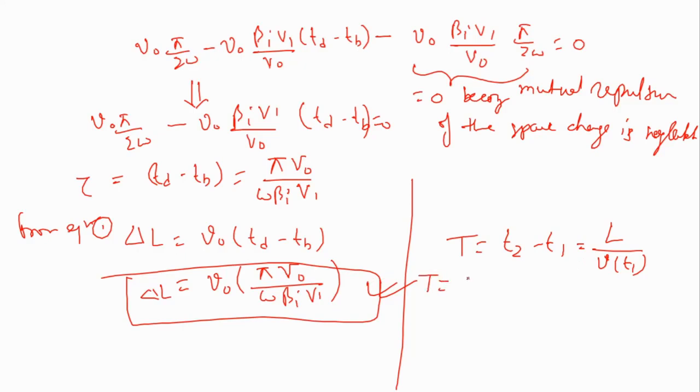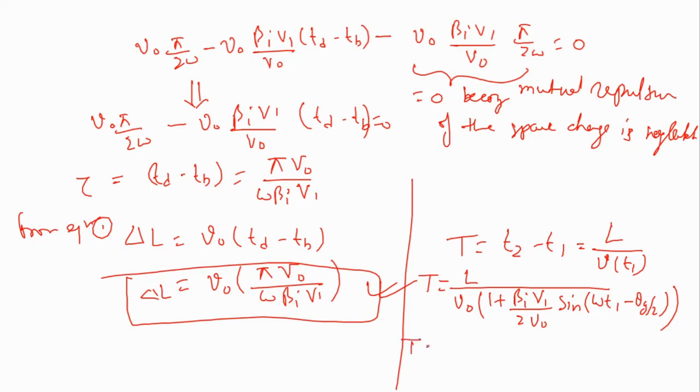Now if we substitute v of T1 into this equation, we will find the T value. According to this, T should be L upon V naught into 1 plus beta I V1 divided by 2 V naught into sine omega T1 minus theta G by 2. The second equation I have taken. So now if you take the inverse of this and take the binomial expansion again, here this term will be negative because 1 plus x to the power minus 1 will be 1 minus x. And L by V naught is nothing but the T naught, which is called the DC transit time.